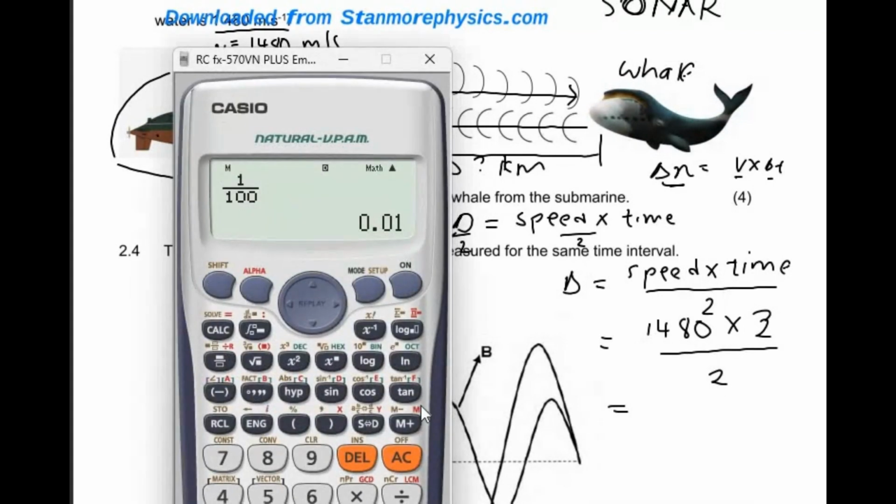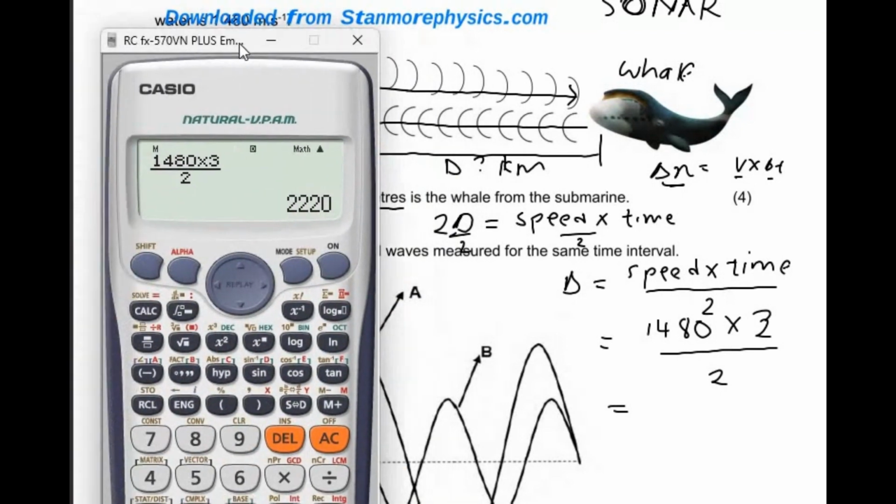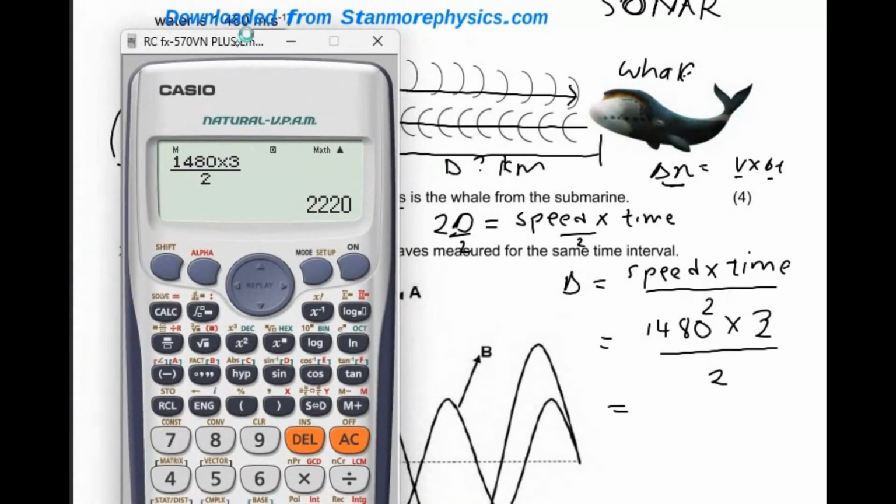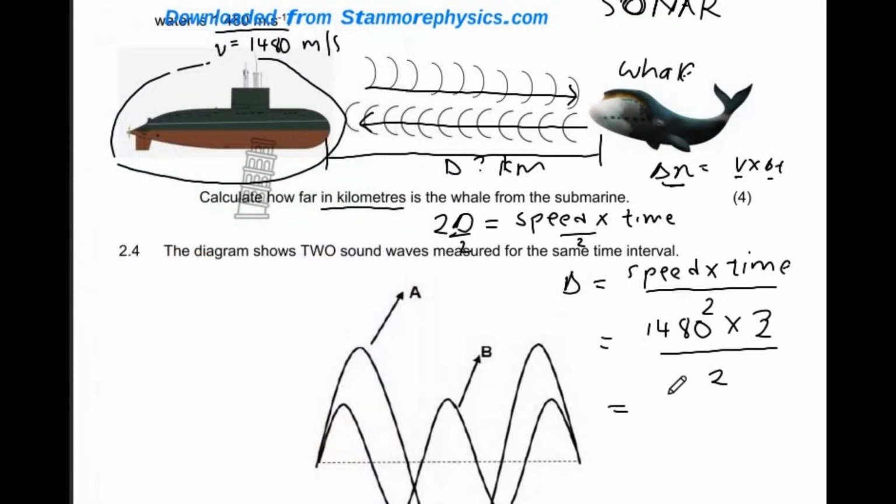So put that in the calculator. You say, okay, 1480 multiplied by 3 divided by 2. And this gives us a value of 2220